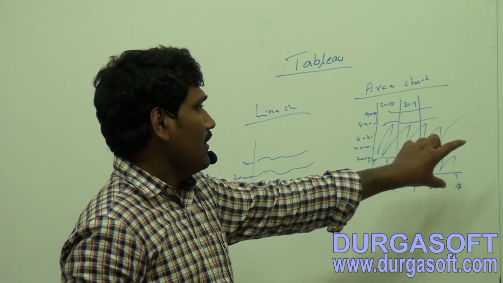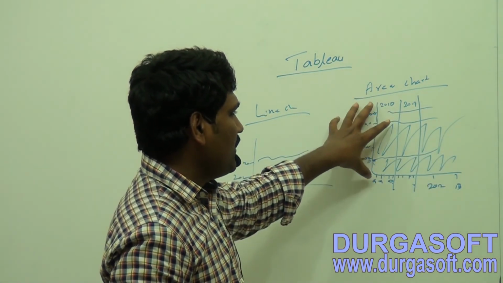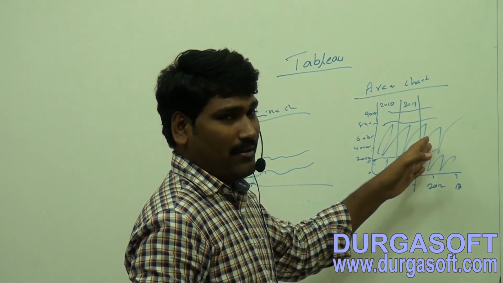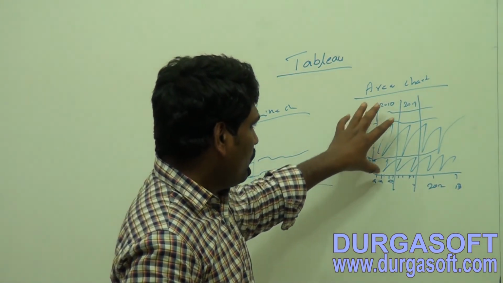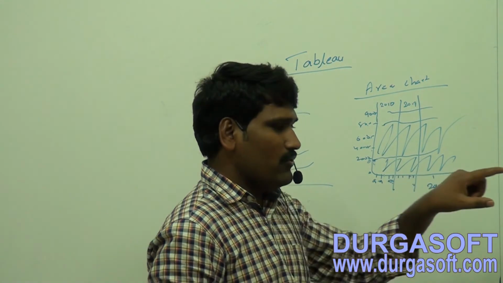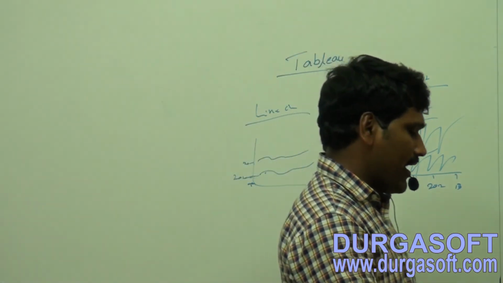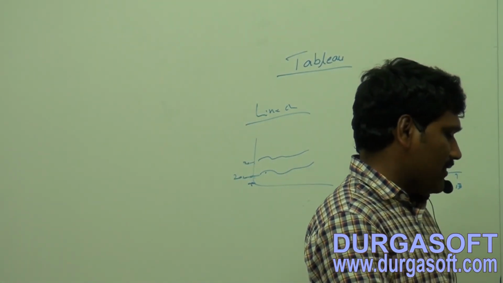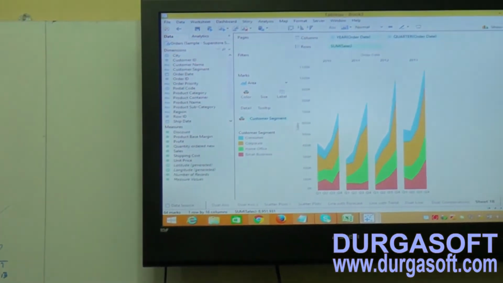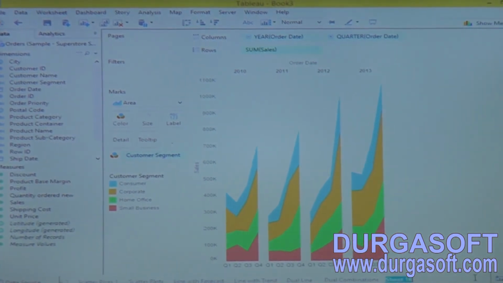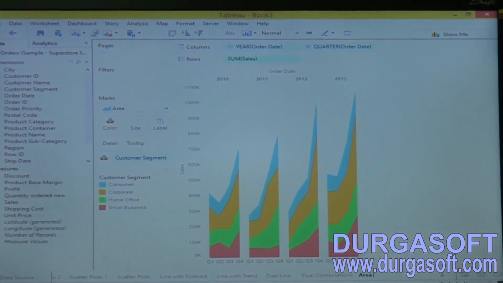So this is the way. That means discrete will divide your year by quarterly. If you want to apply that as monthly also, you can make it discrete to monthly, and it will be divided into your monthly area chart or discrete chart. This is the way to represent the data. This is an area chart.